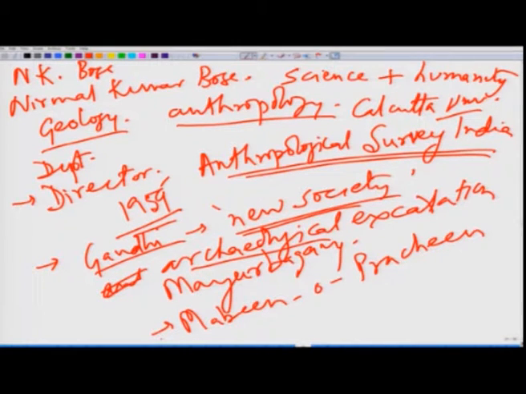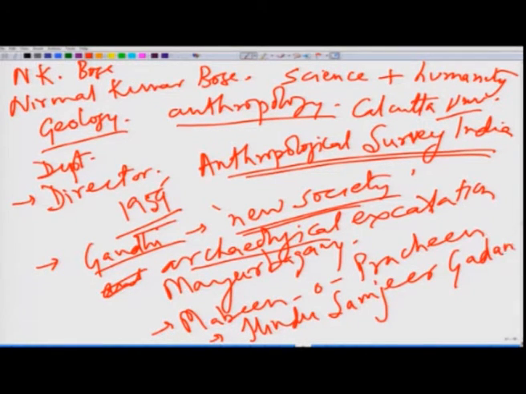It was basically in Bengali, so it had a restricted outcome. But another significant work which we try to rate is the Hindu Samajer Gadan, that was seen as one of the landmarks with regard to his contribution towards anthropology and social anthropology proper. The first two collections, especially the Maben o Prachin and some of his other works, were trying to focus upon the imaginative account of the Hindu social structure, in which the perspective of ethnography,